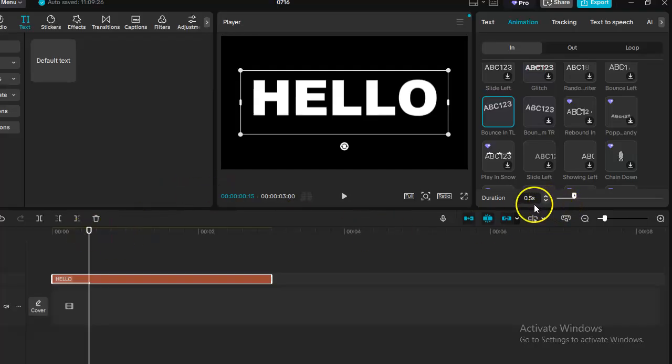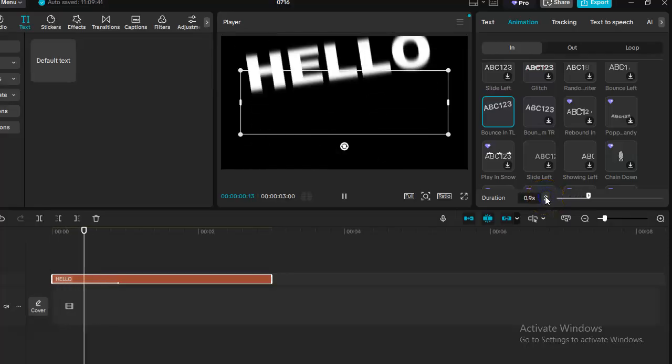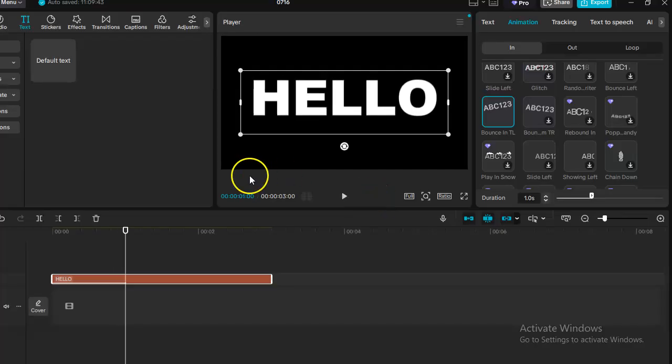and here you can change the duration. Here it's 0.5, but if you want to make it longer, okay, maybe 1 second. Yeah, it's done. This is what you need to do if you want to know how to make text bounce